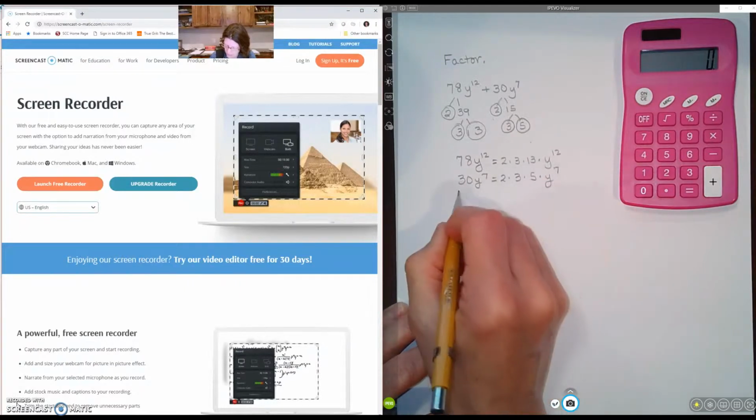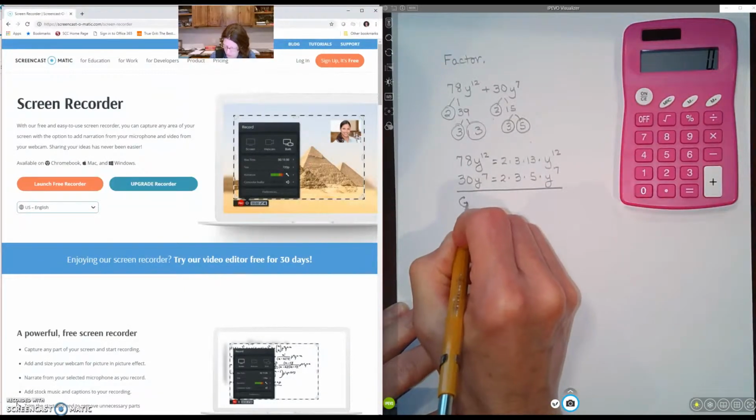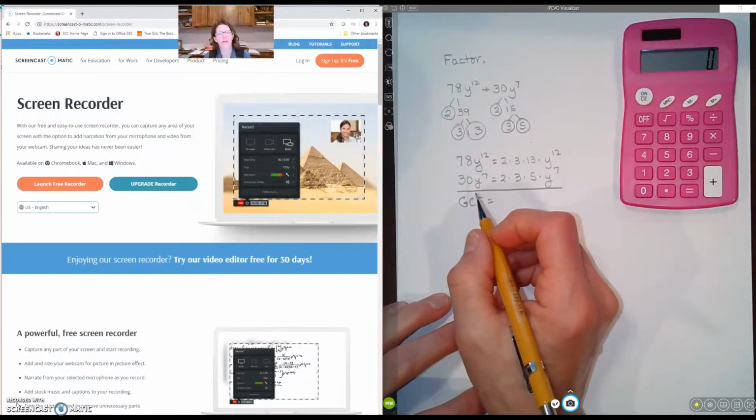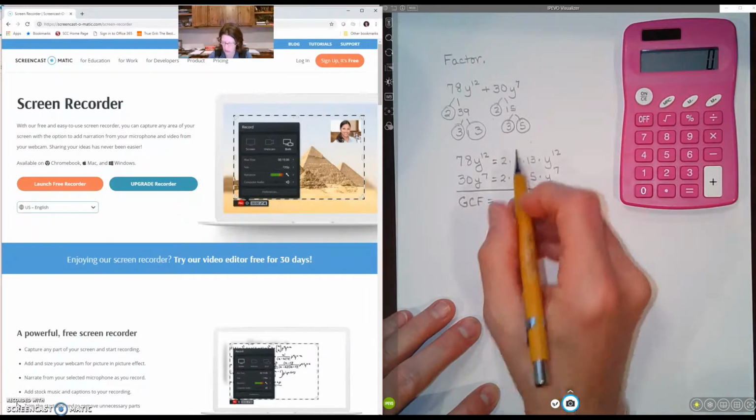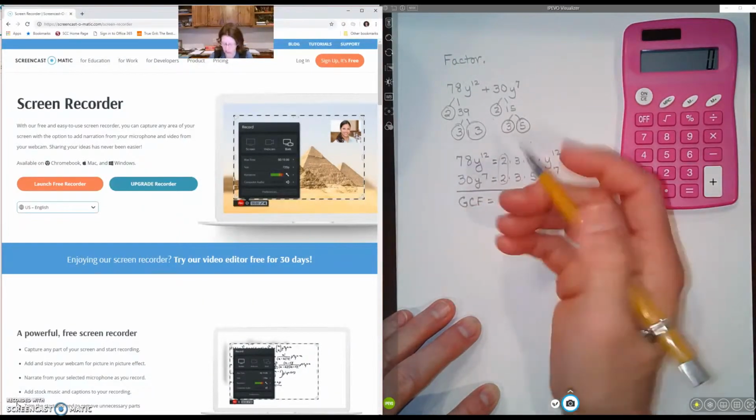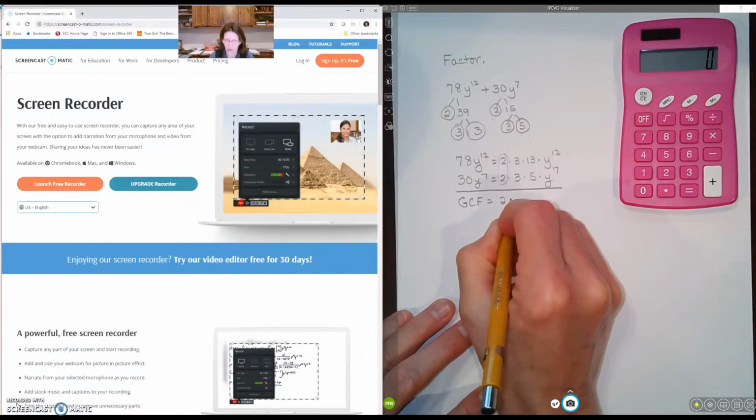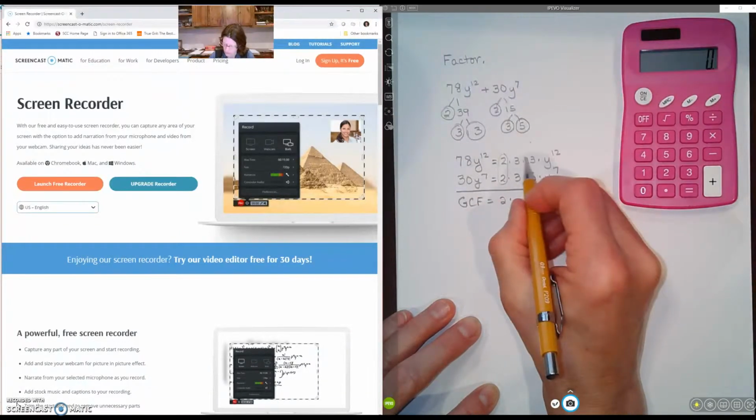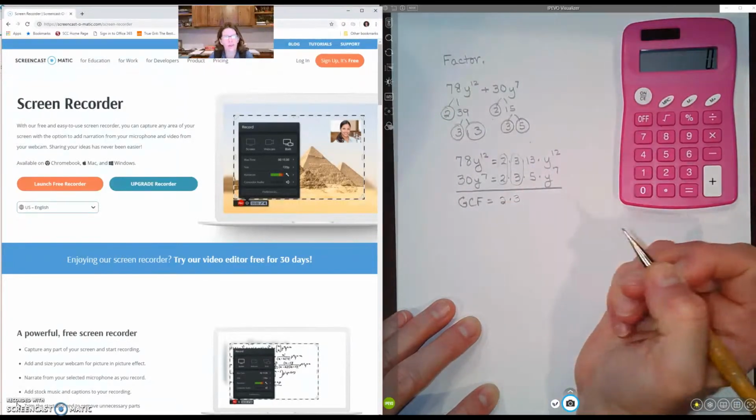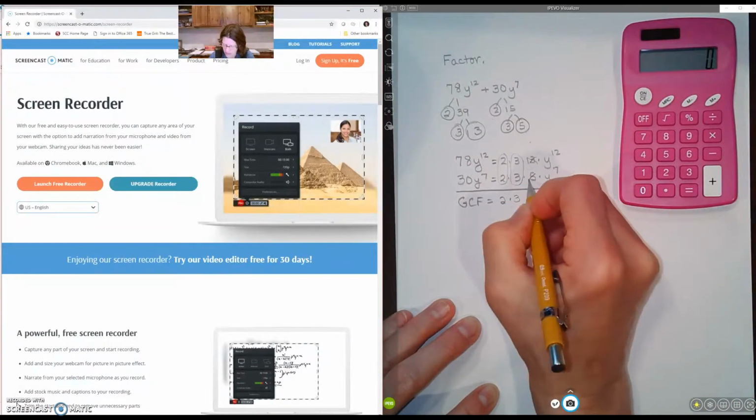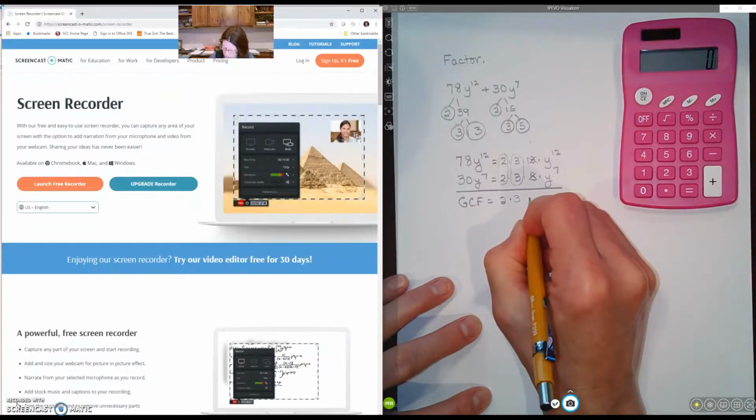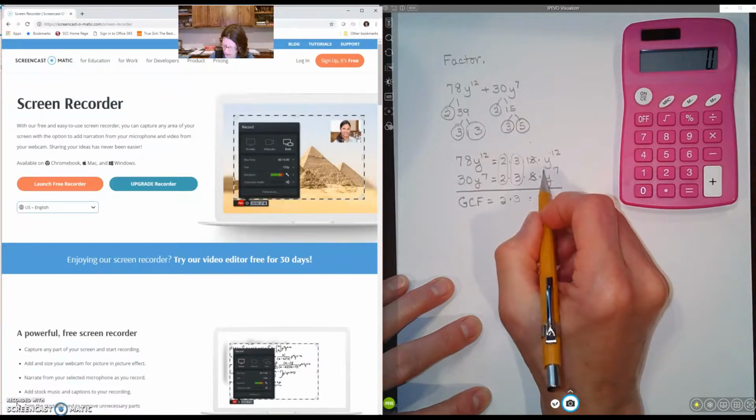Now to determine our greatest common factor, we look for factors that are common to both factorizations. We see this factor of 2 in both of them. It's common to both, so it is included in our greatest common factor. 3 is common to both as well, so it is included. The 13 and 5 are not common to both, but we do see this factor of y common to both,